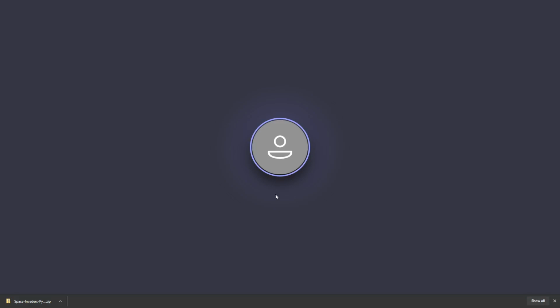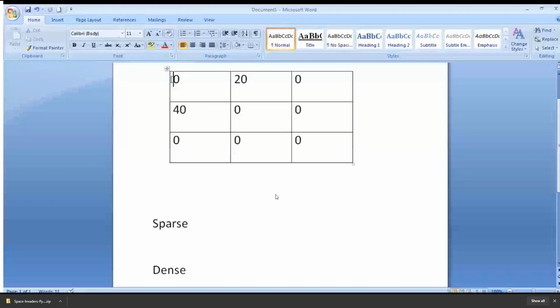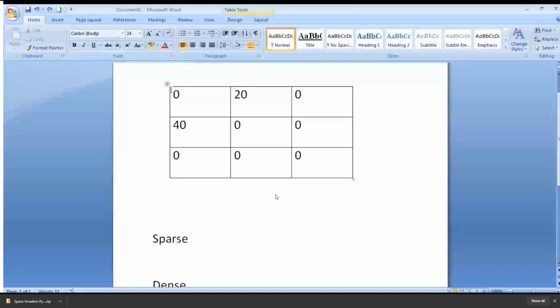Okay, consider this 3 by 3 matrix. I have shared the screen. I want to remove these elements all. So these are the values. You have to draw the matrix.